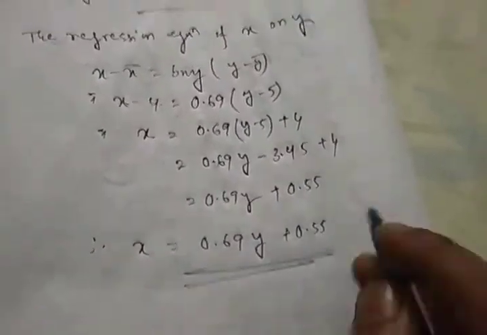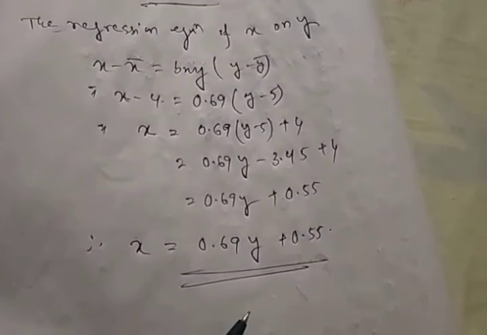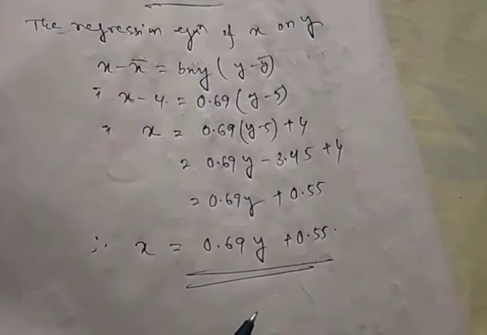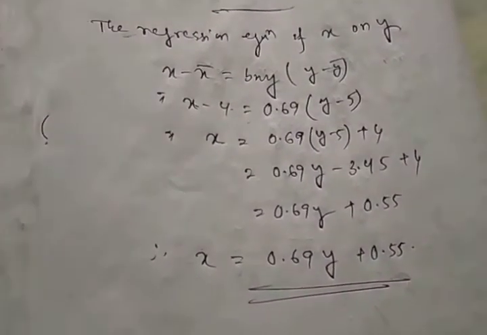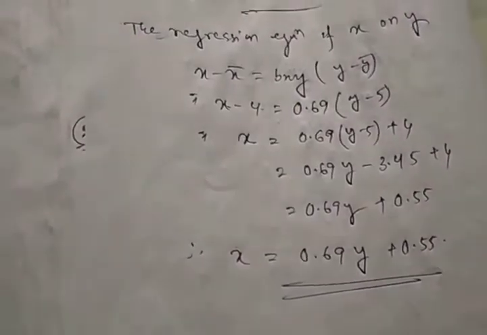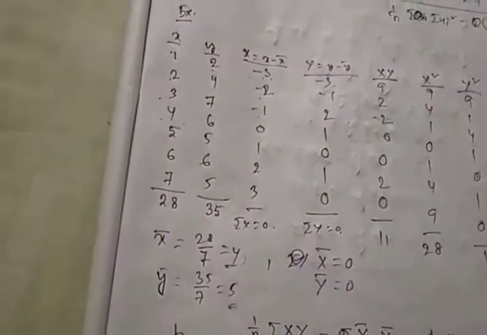So these are the two regression equations of the given data. So this is how we can find the two regression equations from the following data. Okay, so I will give an example for you to solve in the material. See this process, and using the same way, you can find the two regression equations.